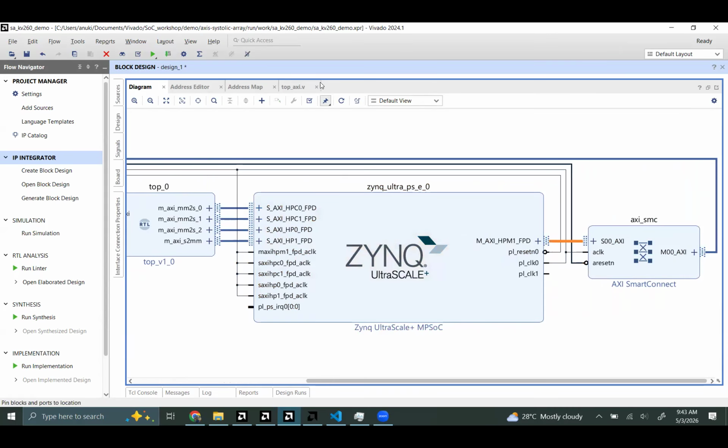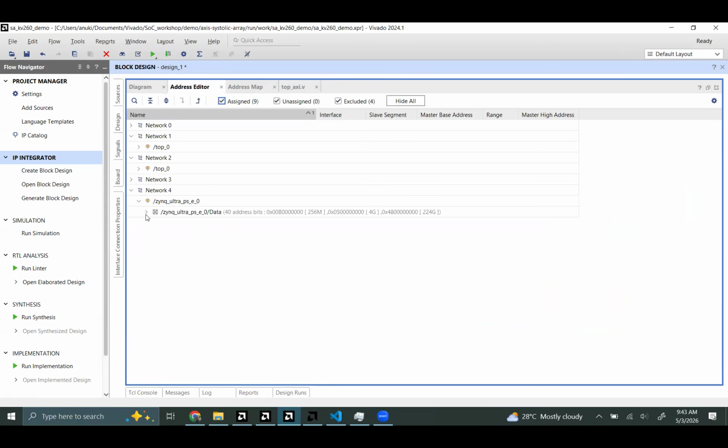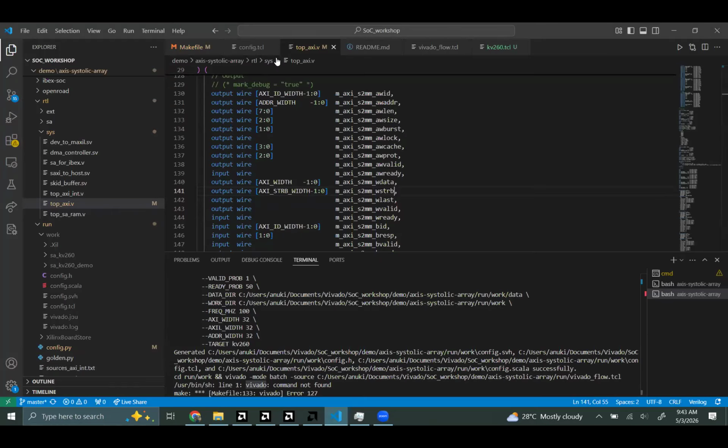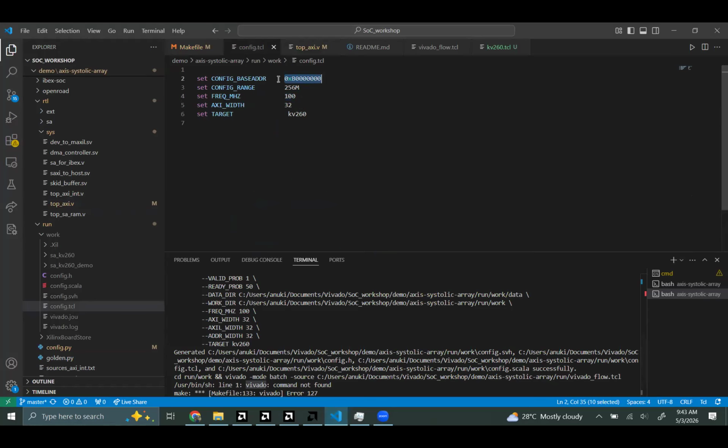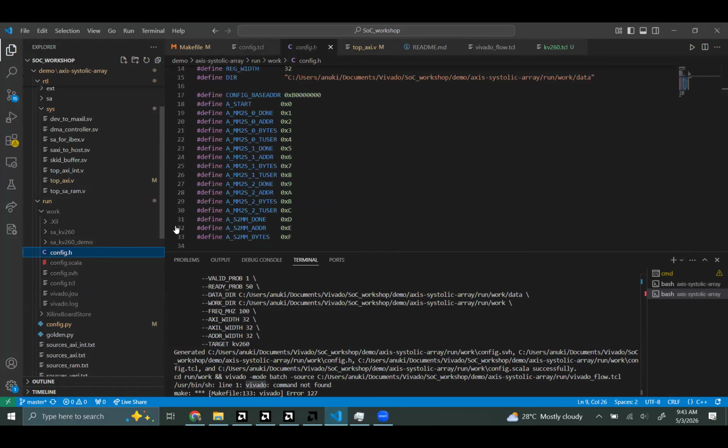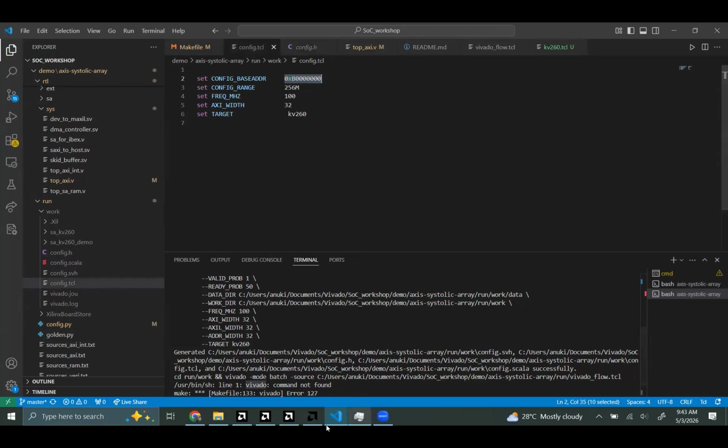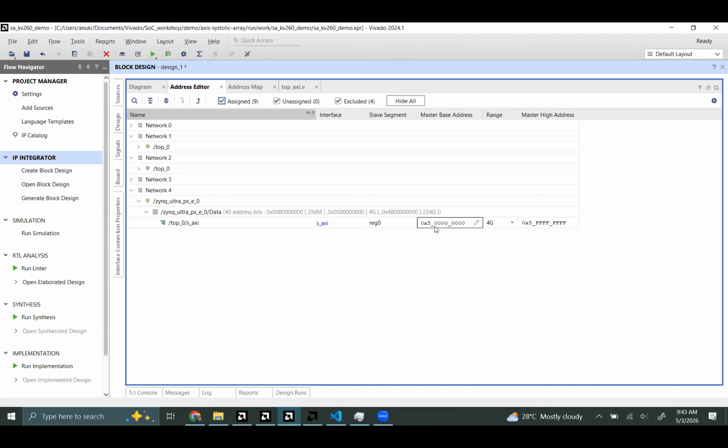That one you can see here. And according to our config file that was created, because we are going to refer to this config base address when we are writing the firmware, we have to modify the addresses according to this. So we have to set the config base address, it's currently